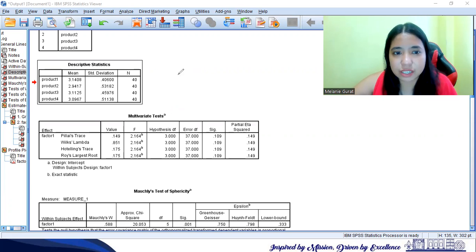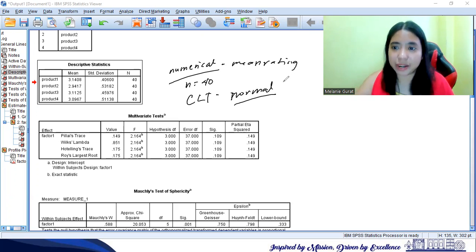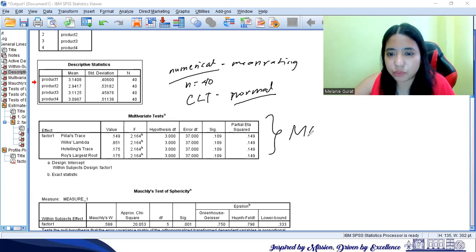So that's actually the reason why we did not check that initially, because we already know that our data is numerical. It is the mean rating or the average rating. And then aside from that, the sample size n is 40 by CLT, central limit theorem. We are sure that our data is normally distributed. So this is the result of the MANOVA.